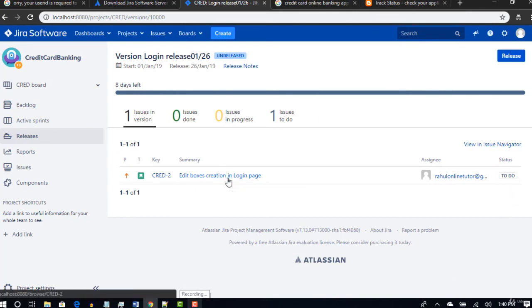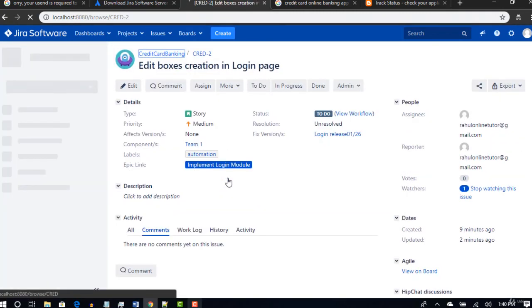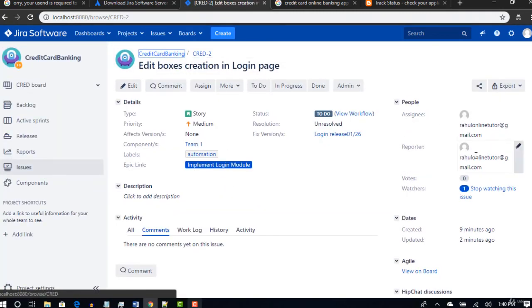Okay, if something is wrong, I'll actually open this and see who is the owner of that story. Who is the owner? Rahul. Just ping him and ask what's happening, why this is not working. And if you want to know the team, you can have a component and see which team is working on it. Alright, so like this, you can have a properly consolidated view if you tie your stories to a release. This is important because we have to know what kind of stories are going for that specific release. So that's how you can differentiate components and releases, and this belongs to specific teams.